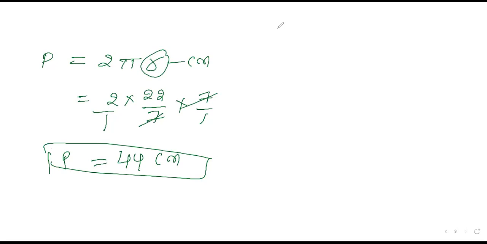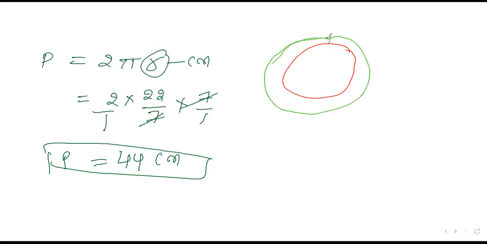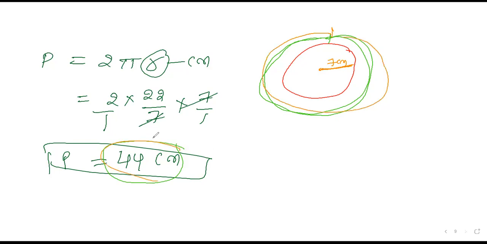Okay, the concept here is clear. We have a circle. The perimeter means how much distance is required to cover the fencing. How much length of thread is required? 44 centimeters. It means, say I have a thread and my circle radius is 7 centimeter like this; how much thread is required to make this? The length of thread is 44 centimeters. That is required. Clear now? This is the question for the circle.